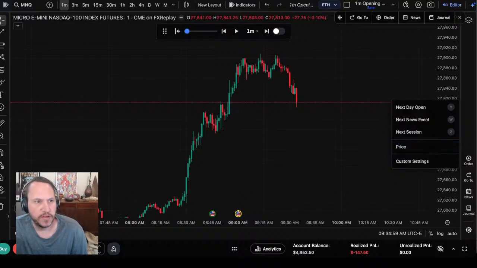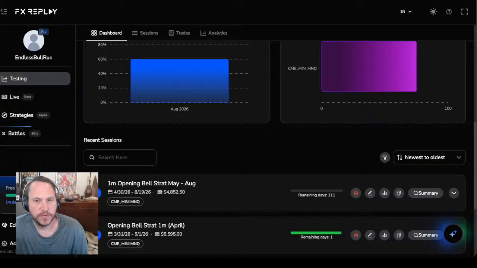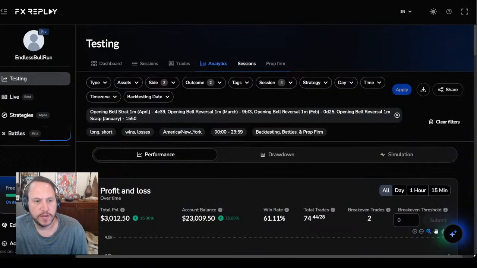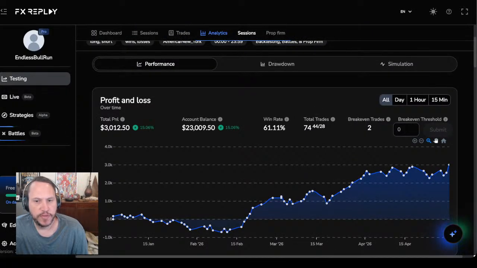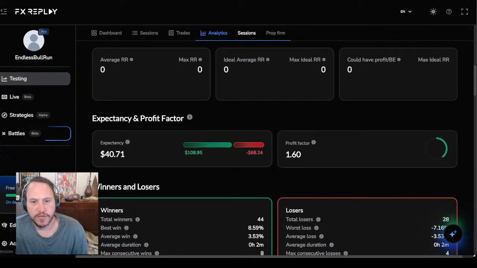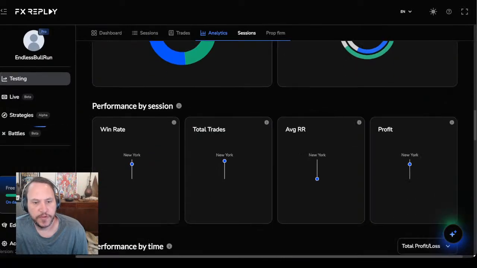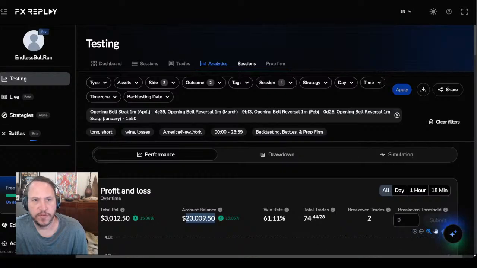Currently we have, actually I should probably go and do that. Currently this strategy has, where's the analytics? There we go. Currently the strategy has made $3,000 since January to the end of April, 61% win rate. Ignore this because it kept on adding 5,000 every time I started a new session. We started each session with 5,000. So it grew the account 60%. Average winners, 108. Profit factor of 1.6. So not too bad. We did lose that first one though, but that's no problem.